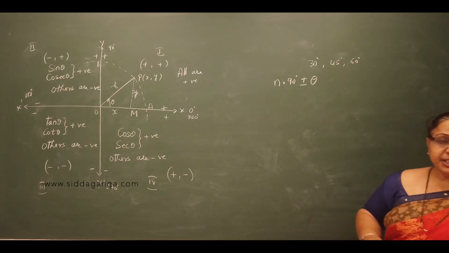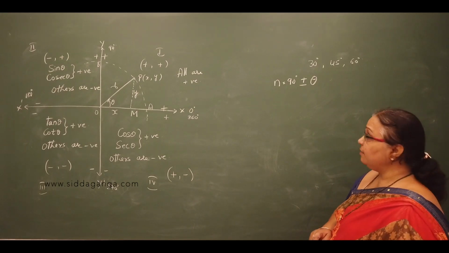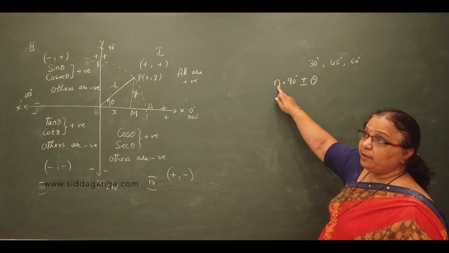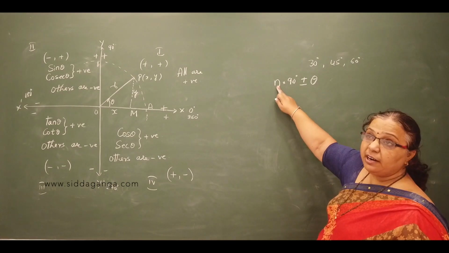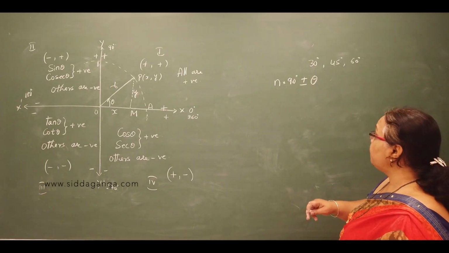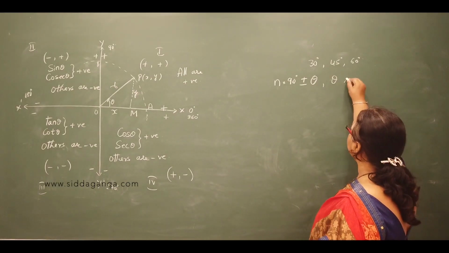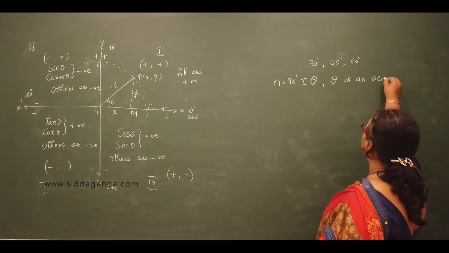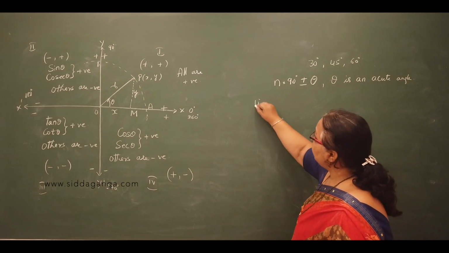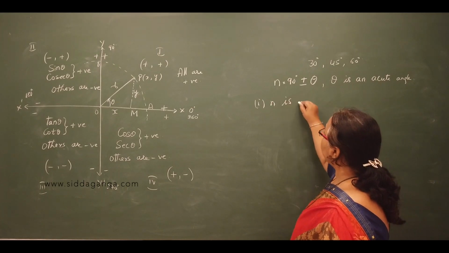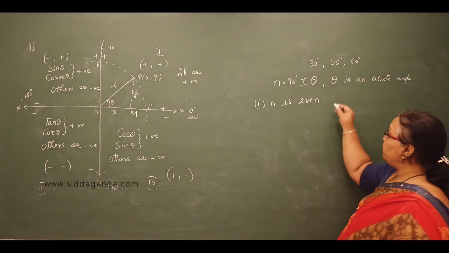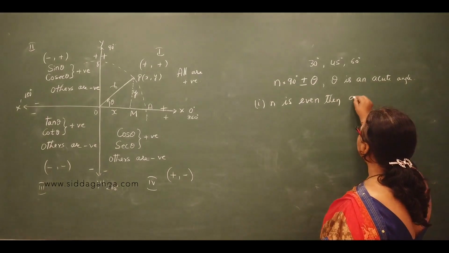Now n may be an even number or an odd number, where theta is an acute angle. Now if n is even,